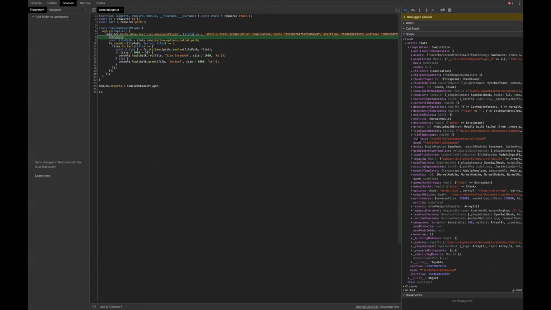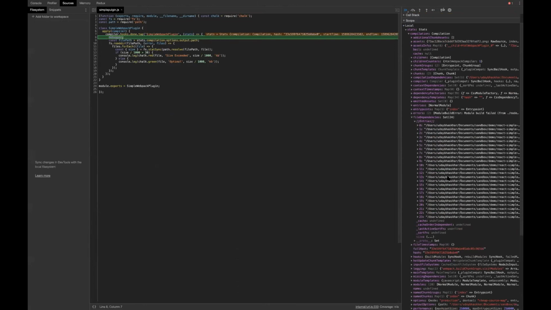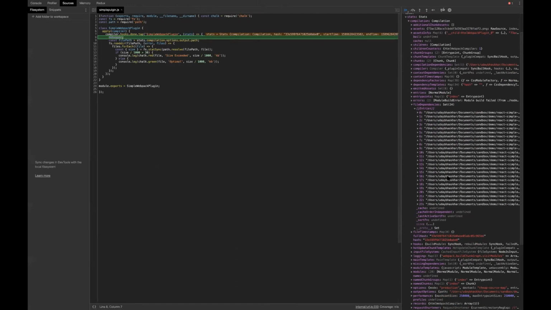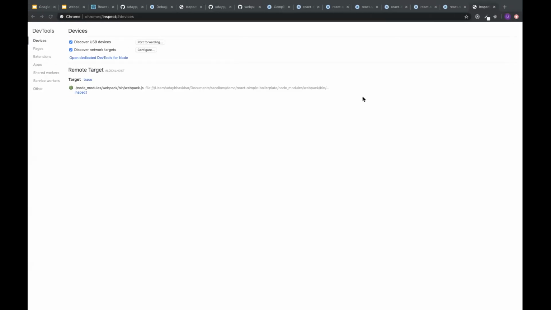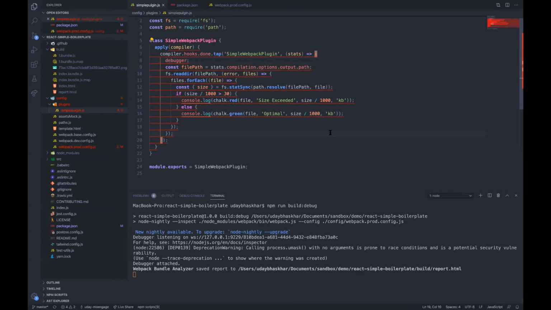My compilation has all these things. It has options. As I told, there are other ways of building a post bundle analysis plugin. You have file dependencies. What are the files? You can create a dependency graph and see what is happening. Similarly, you can debug any hook, and if anything breaks, you will easily understand where exactly the error is located. And in this way, it helps in debugging your Webpack. So yeah, I think that's all I had with me. Open for questions.